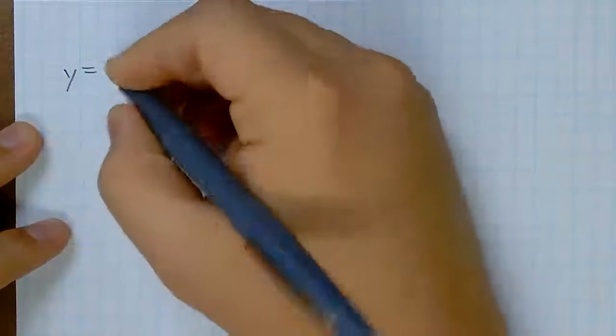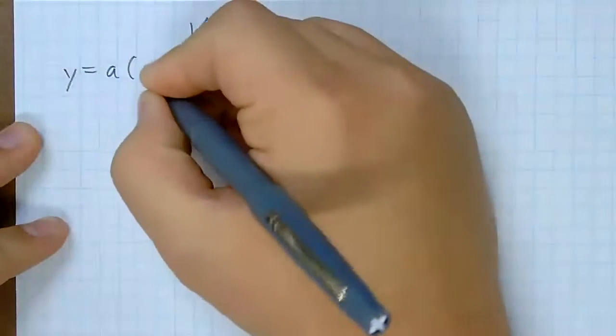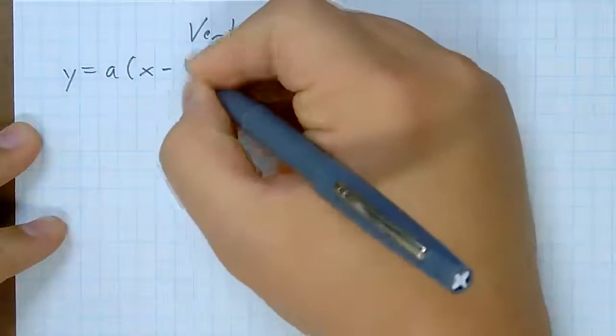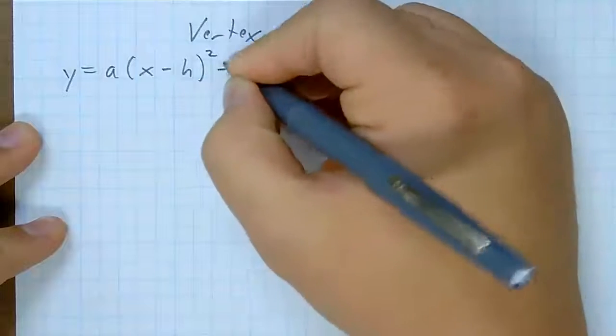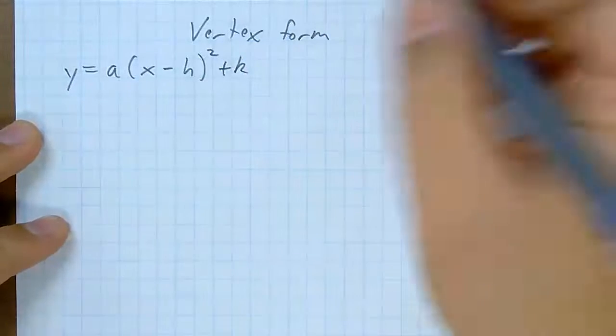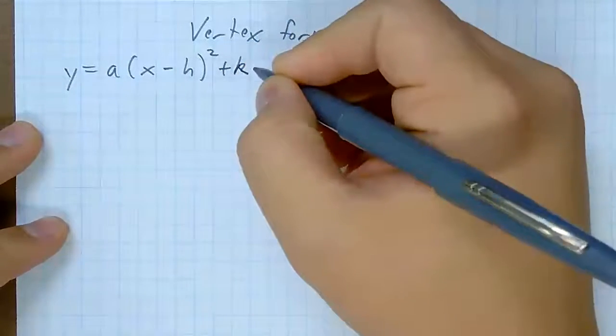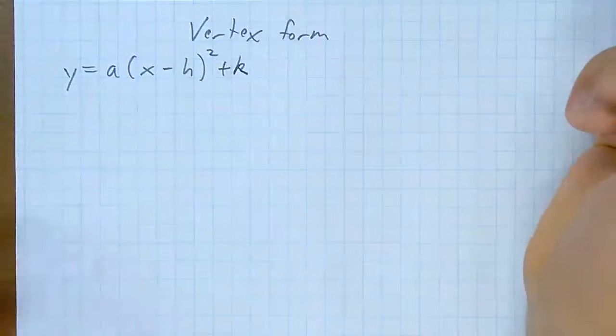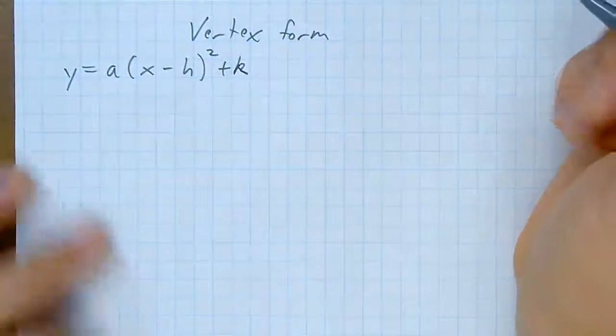Today we're learning about vertex form. Vertex form of a quadratic is another way to write the equation and makes it easier to graph. The general form is y equals a times (x minus h) quantity squared plus k. Now, this looks really different from what we're used to, but it gives a lot of information right off